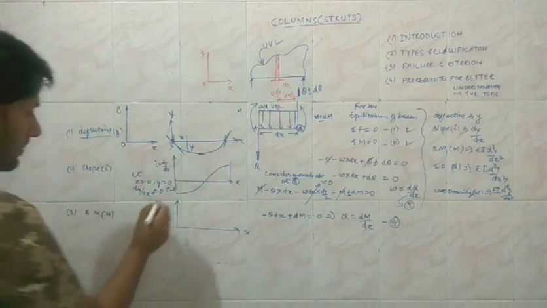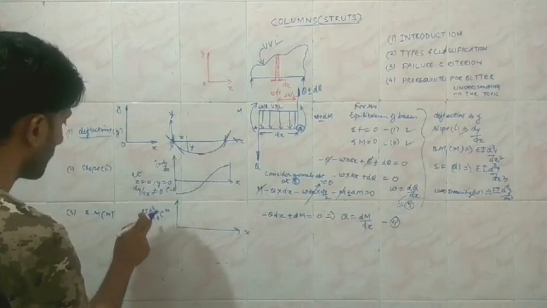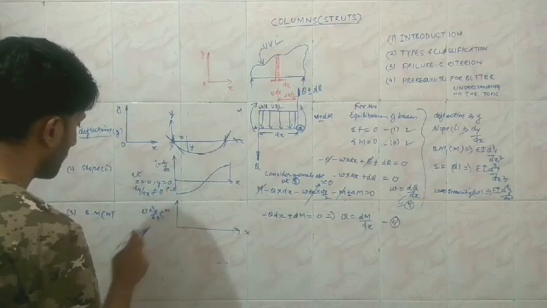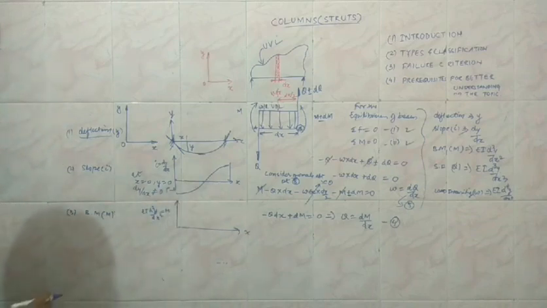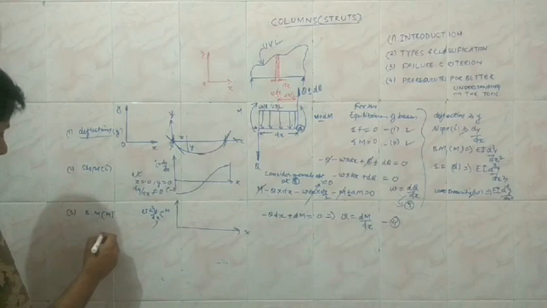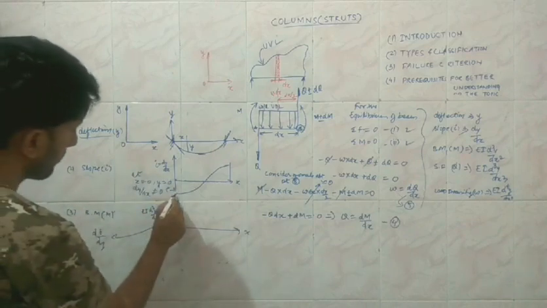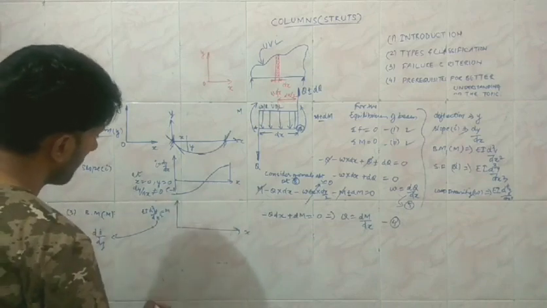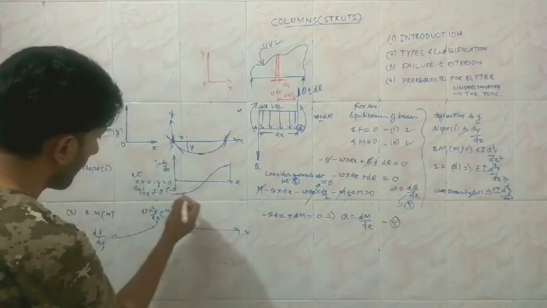And you see that the bending moment is directly proportional to the rate of change of the slope. That is, the slope of the slope diagram is going to give us the bending moment, because this is equal to EI into d(slope)/dx. The slope of the slope diagram at this point is going to be 0, because this is the maximum point, and at this point the slope is 0. Later on we need to identify how it is going to change.